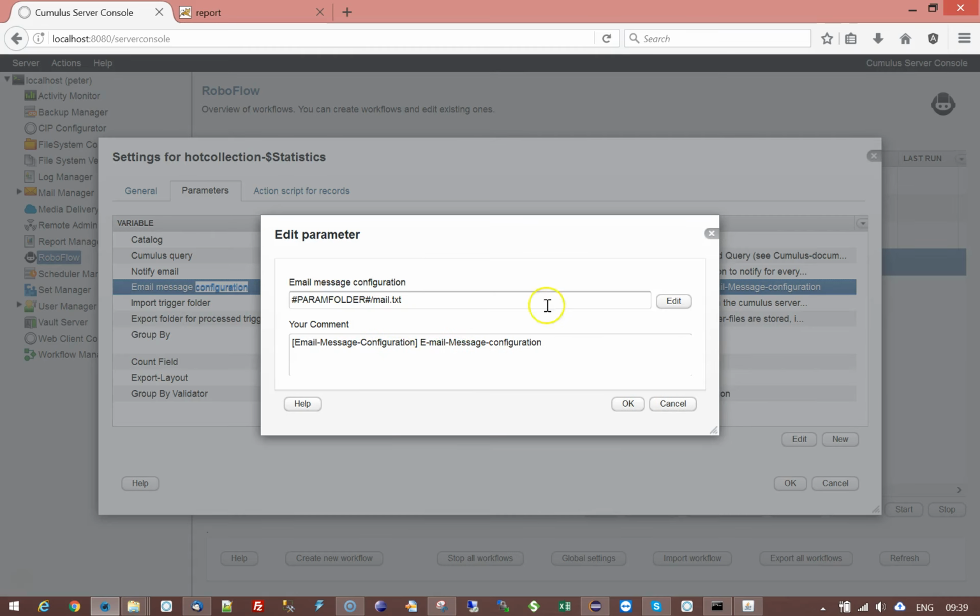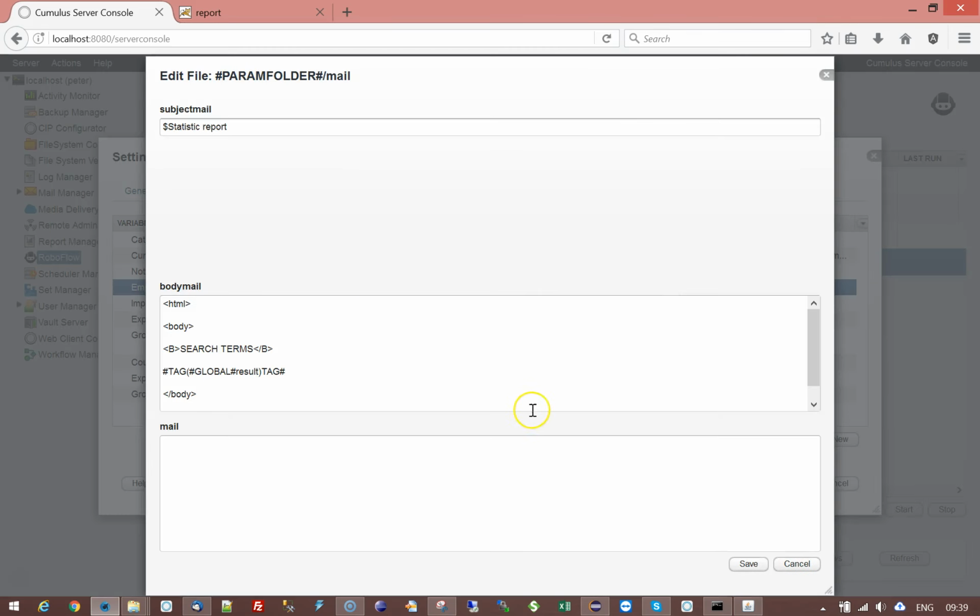And then here again, we have the traditional definition of your mail syntax. So you have the subject of the mail, and then you have the body of the mail, and you have a mail part per item. So we are not adding each entry of the $statistics catalog to this report. We're just bundling it into one big result, which is called result, an internal variable in which we build